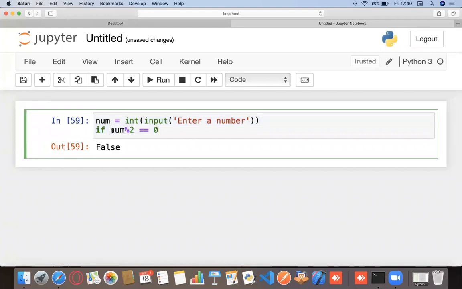So I'm saying if num mod 2 equals to 0, and I want to execute something only if this statement is true. So that's where I type in a colon. Now this time the colon is important. For the guy who asked me, are colons important? That time they were just a way of writing that I used. You could have used something else, but right now this colon means something.